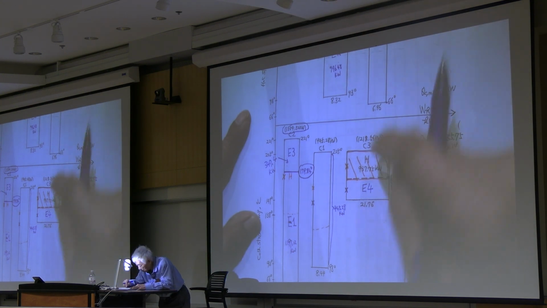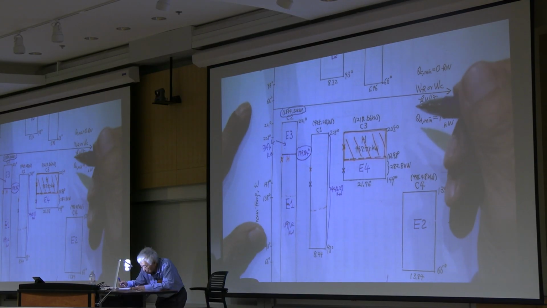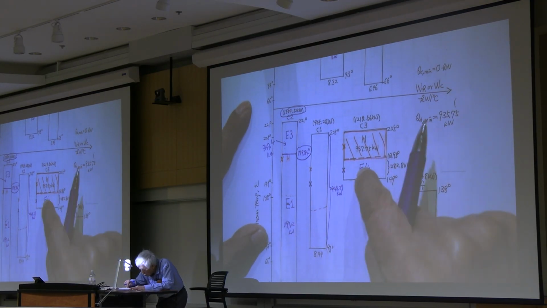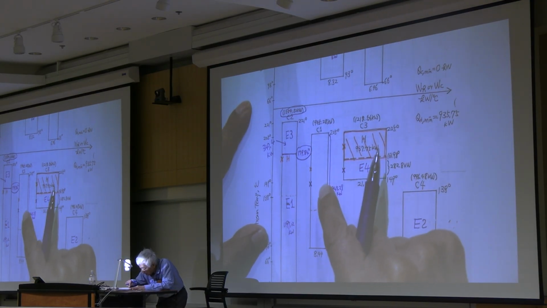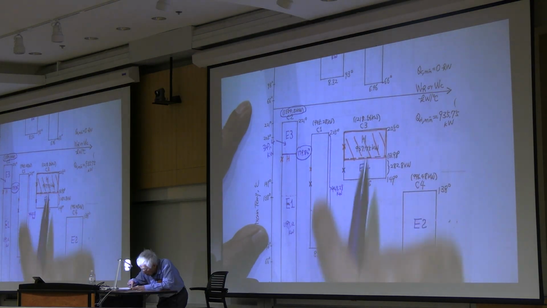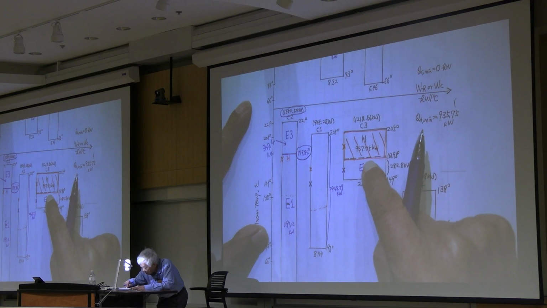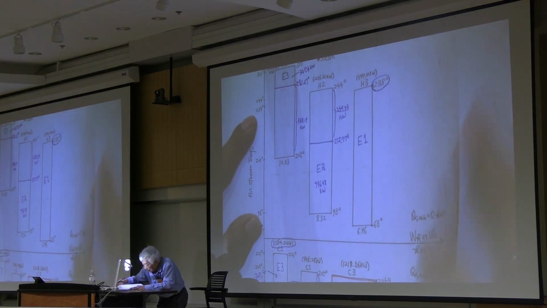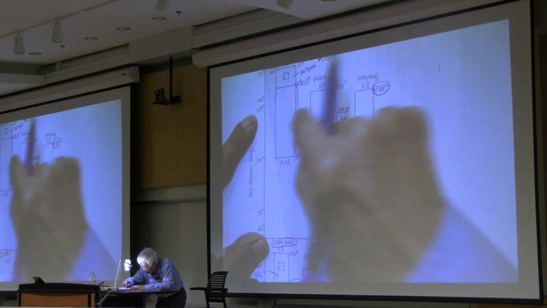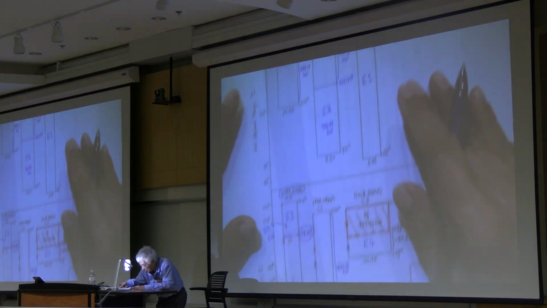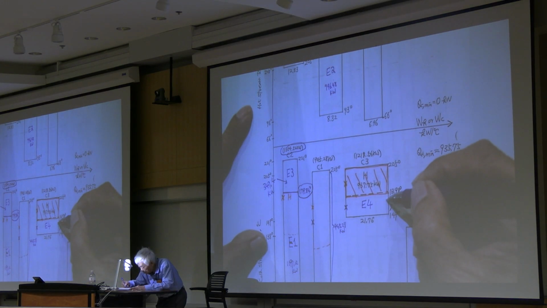Oh yeah, I need to take care of this. So, I have these two blocks, but I need to put two exchangers here. The third exchanger. Here I need to put two exchangers. So one way I can do it is